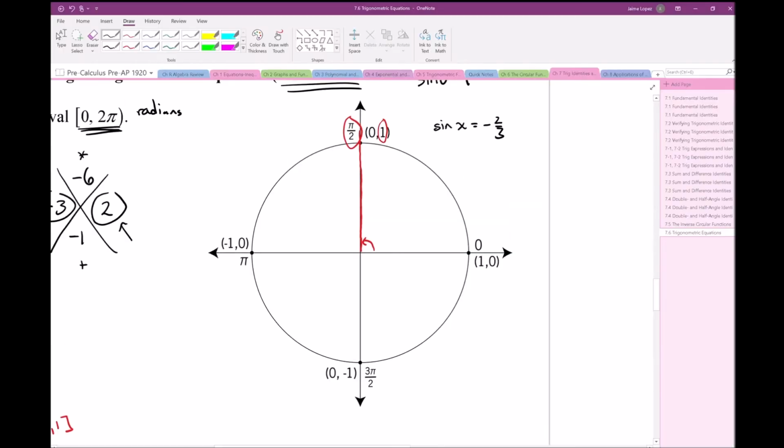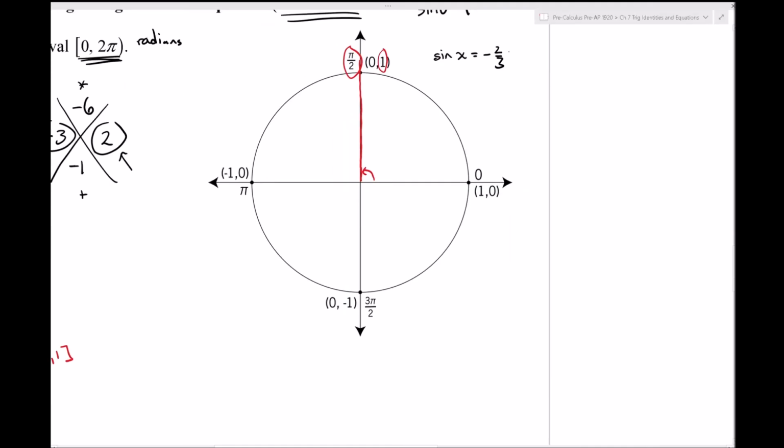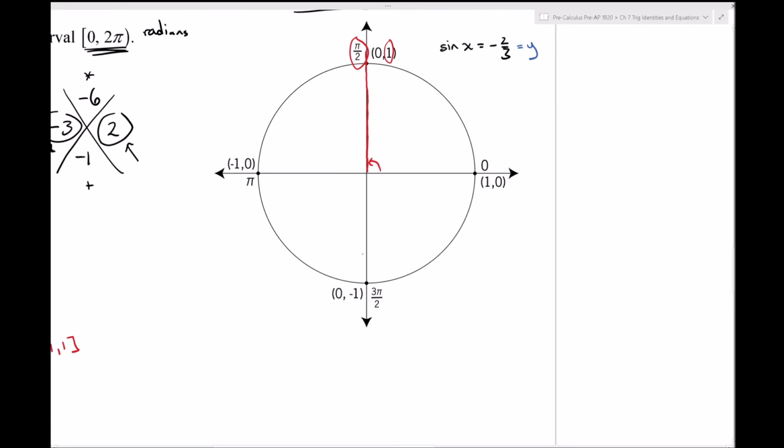So what you do is you remember that that's a y-coordinate. Sine is a y-coordinate. You're looking at where on the circle do I have a y-coordinate equal to negative 2/3. So y-coordinate negative 2/3. Let's say negative 2/3 is here, right? Because let's say this is negative 1/3, negative 2/3, and then negative 3/3. So negative 1/3, negative 2/3, and then negative a whole down here. So negative 2/3 is here, and what you do is you draw a line